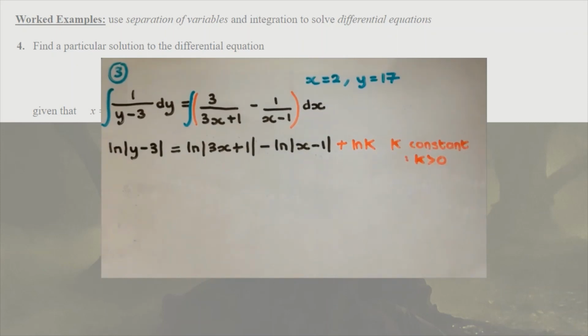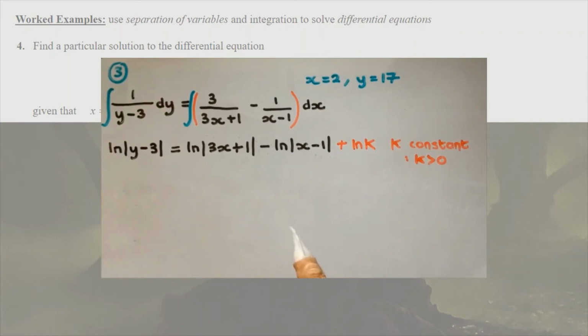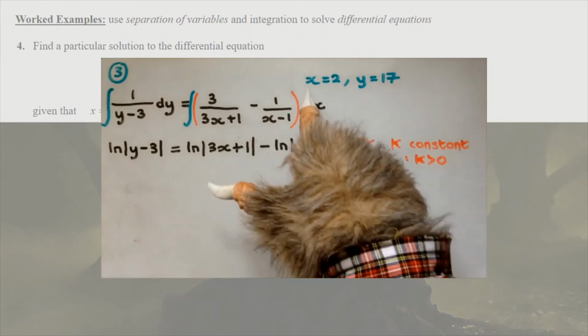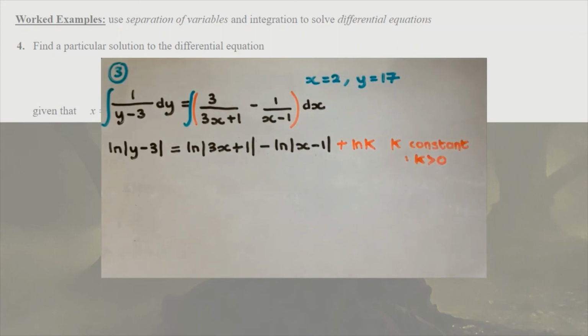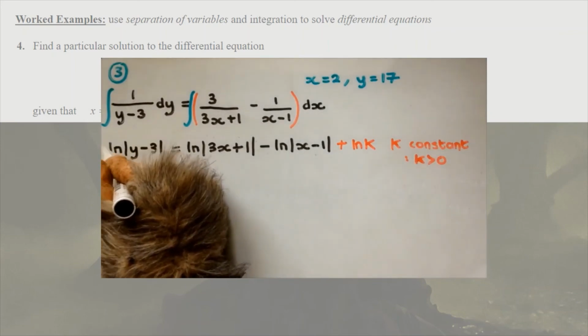All right, this is looking good. Now, this is the general solution, essentially. We're not asked to write it in a particular form at all. So why don't we just go ahead and substitute in our boundary conditions and let's see what we get. Okay, that will nail down a particular solution. Okay, so y is 17. So we're going to sub in 17. So for the particular solution,